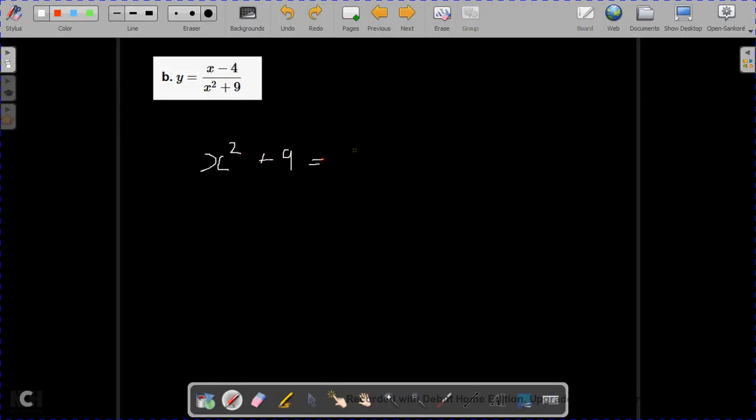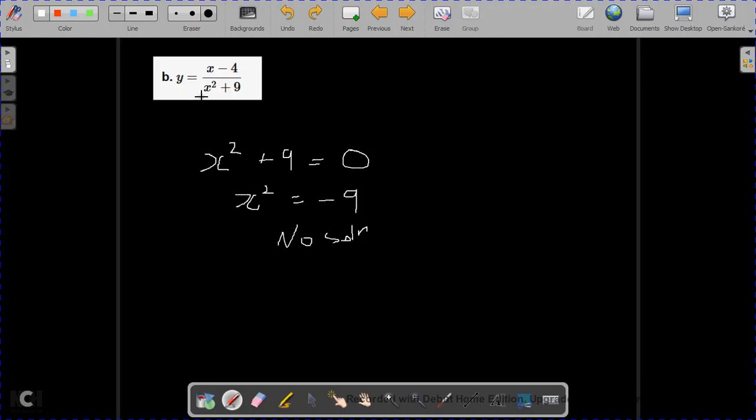So when does that equal 0? Similar to the last case, except now we've got a plus, so take away 9. Now we get the situation where x squared equals minus 9. We can't take the square root because we've got a negative number here, so there's no solution. So if we have no solution for x here, it means that it's going to be defined everywhere, and we don't have a situation where the denominator is 0,